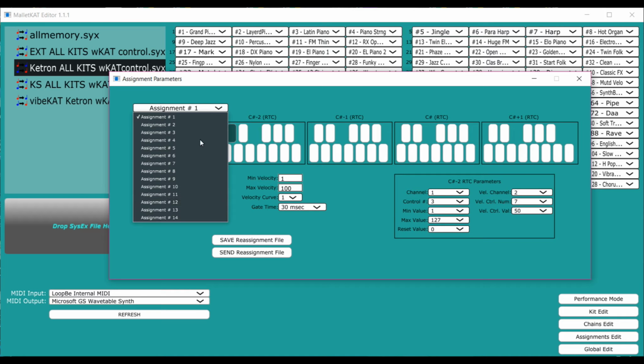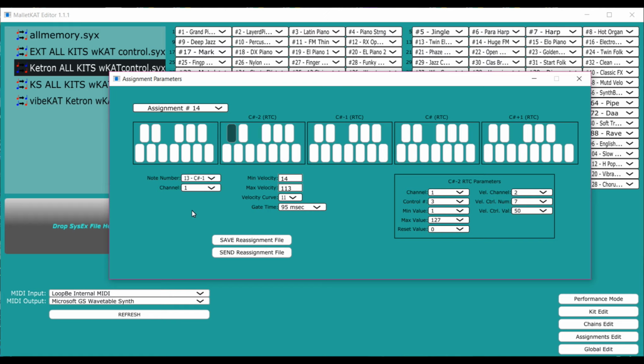And you can set up 13 of them. The 14th one is actually program changes, a special reassignment that automatically sends out program change numbers instead of note numbers. But aside from that, the 13 assignments, you can call up and create your own special note number